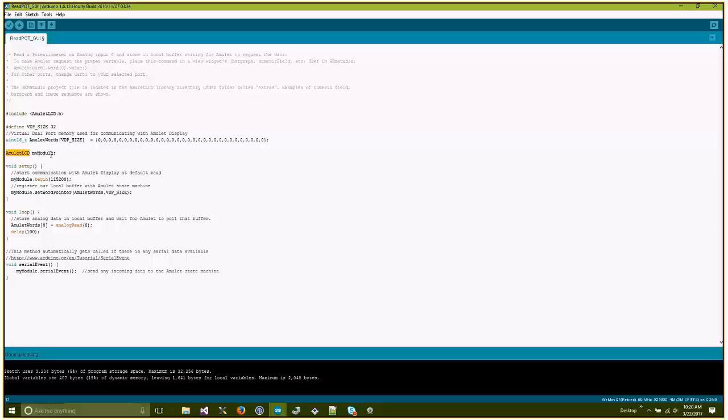Moving on, we've got this Amulet LCD object declared, my module, and in the setup, we're going to initialize it to the correct baud rate, and then we're just going to register that words array that we declared above with the Amulet driver. The other thing to note is this serial event. If you know Arduino, you still might not be familiar with serial event. It's processed after the main loop. Depending on the Arduino hardware, you might have multiple serial events for multiple UARTs that are available. So this is the heartbeat function that processes all of the incoming UART data